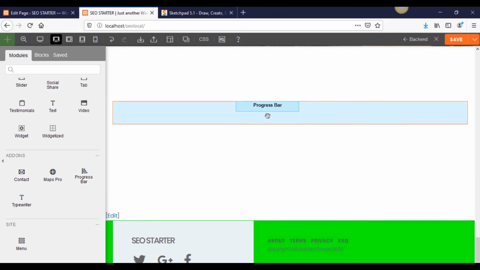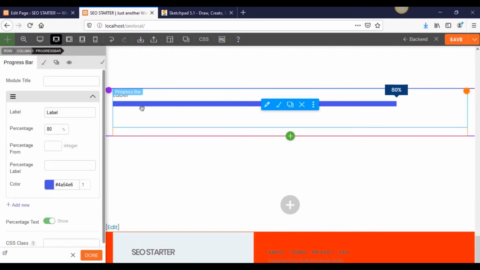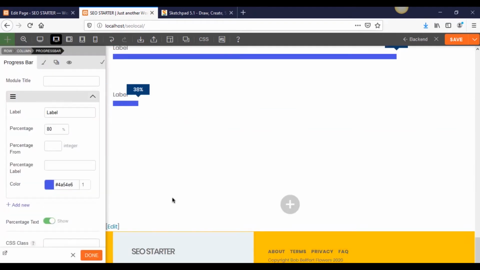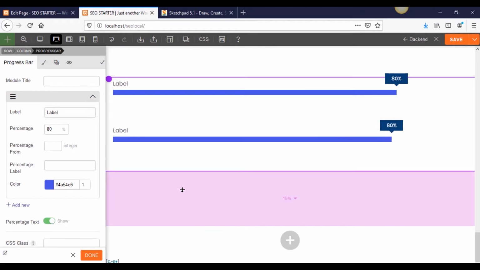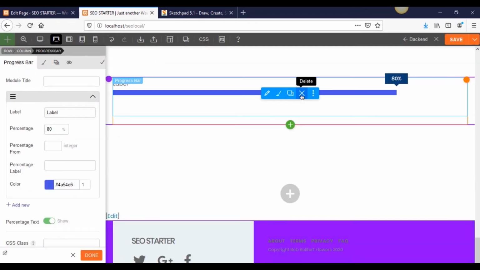So let's go for progress bar. Yoink. There you go. So now you have a progress bar. And if you want to add another progress bar, you can do this again right underneath it. Now you have 2 progress bars. And you can show like our progress on projects, right? Like currently we're working on this project, and here's our progress, and here's our progress on this project,